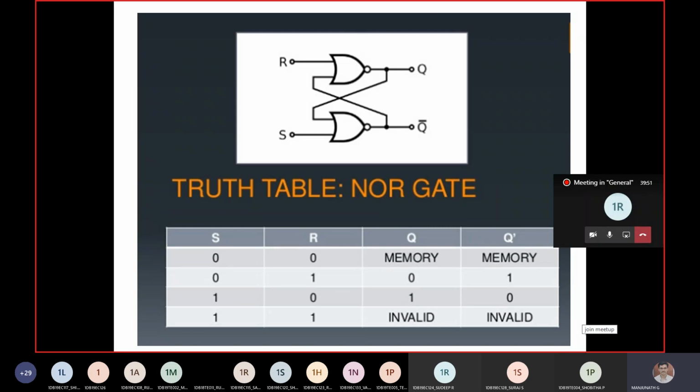Something there you can see here. You can just make out the difference between the two tables. Now the truth table, the first one I am showing, is for your NOR gate logic. NOR gate logic is active high. Just look at the screen here. Whenever it is active high, set is 1, then only the output is high. If set is 0, the output will be 0. That is for the NOR gate.